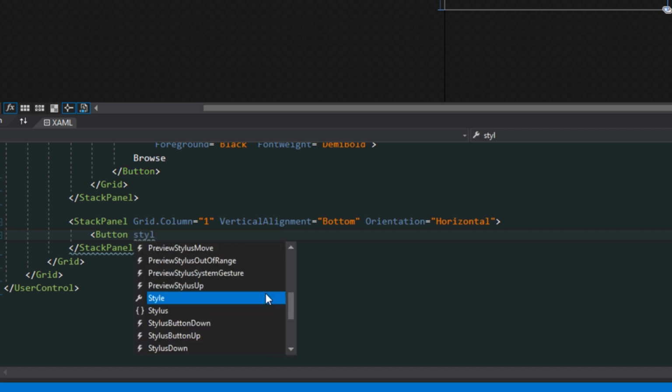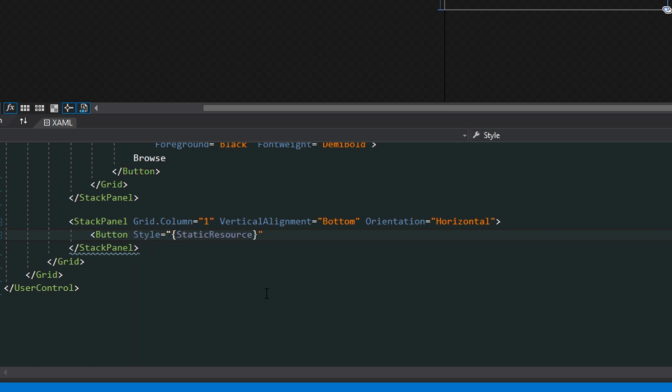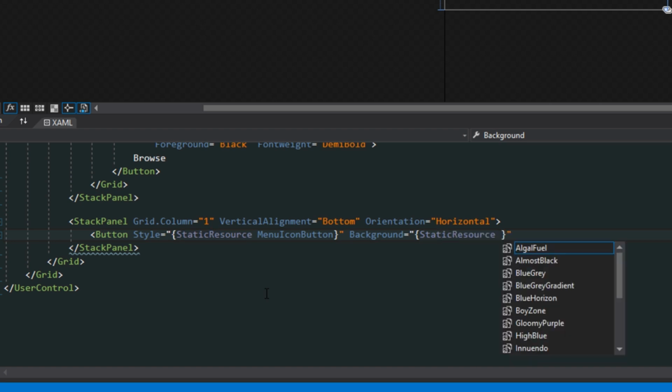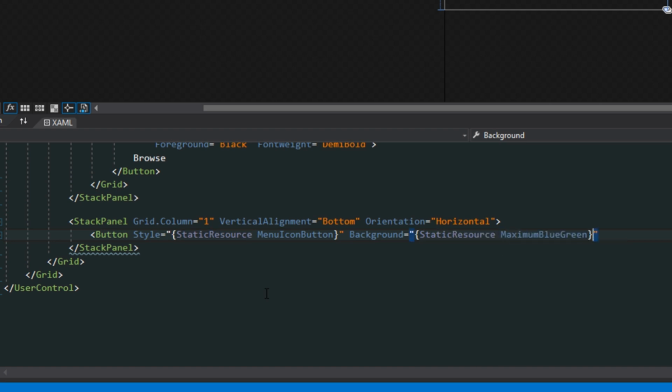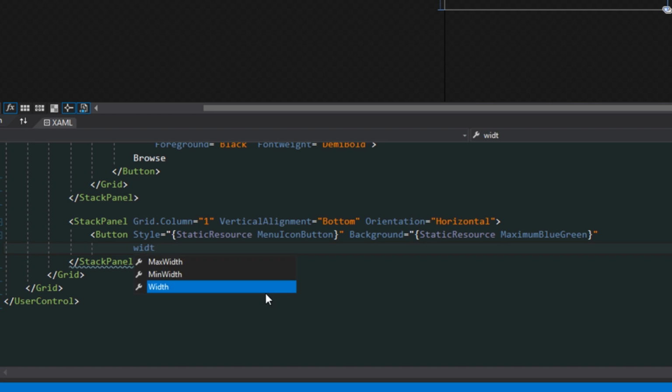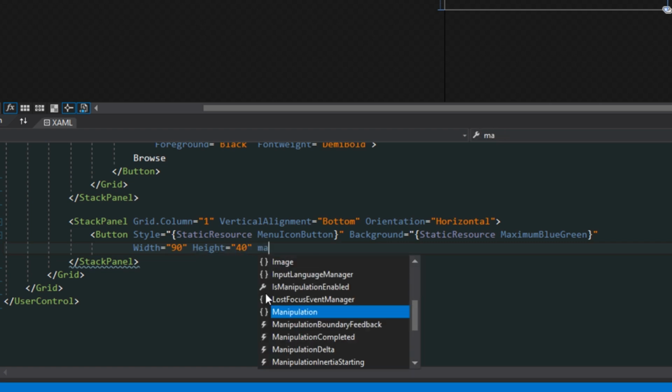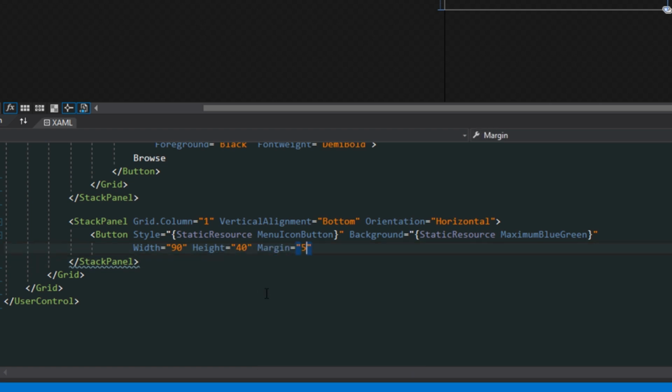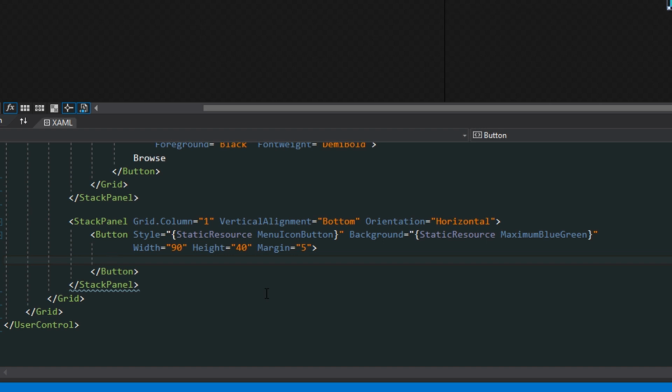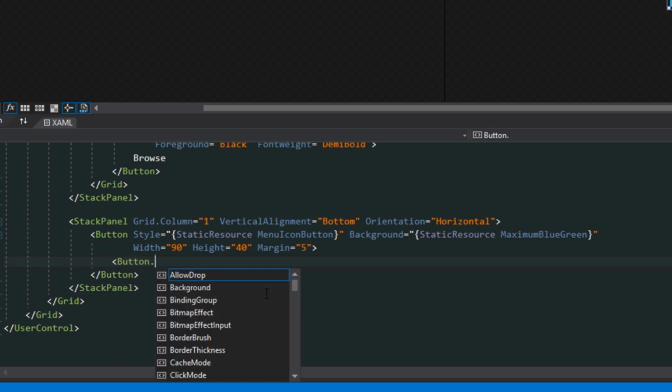Going to give it a style, static resource of our menu icon button. We'll give it a different background, so we'll give it, let's say, the maximum blue-green. We'll give it a width of 90, and a height of 40, and as always, a little margin of 5. And we'll close that off, and we'll get the button content here,